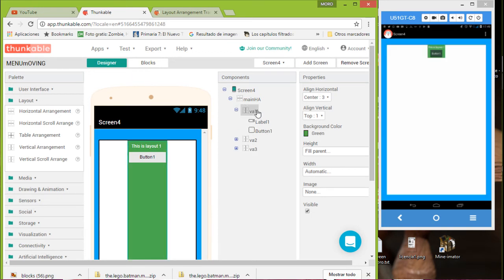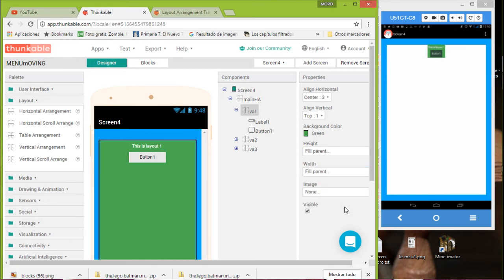So you have the vertical arrangement 1. Okay, so I hide the 2 and 3 just to work with this. So for the width, we are going to set it to fill parent. So we're going to use the space from the main horizontal arrangement. Now, for the main horizontal arrangement, that I set it to color white,